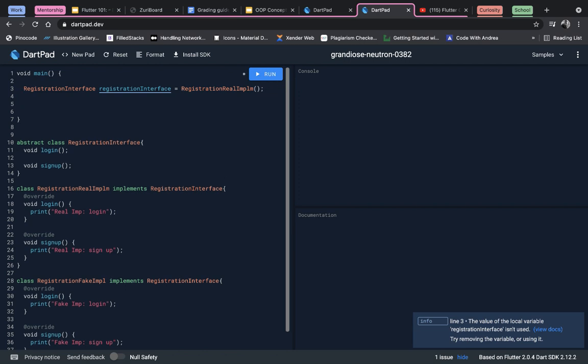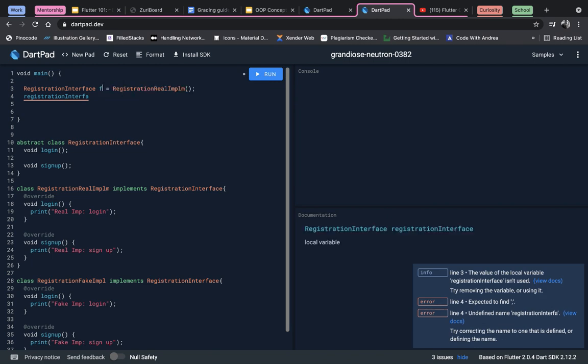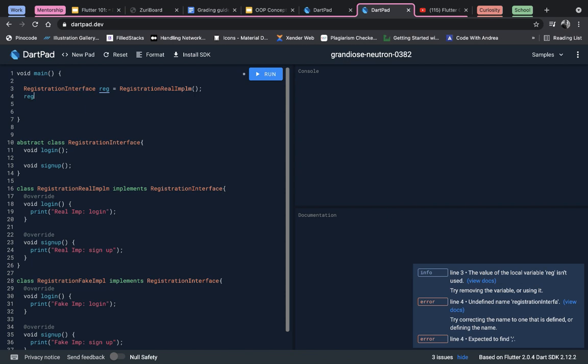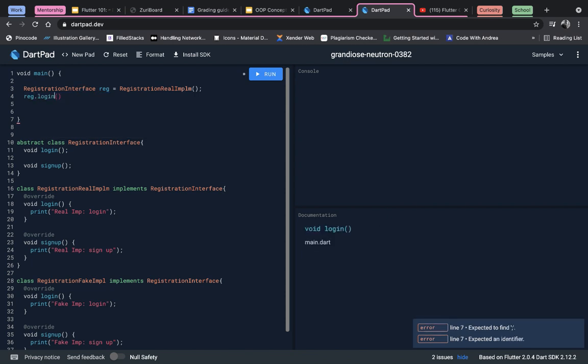If we write registration real implementation, we'll come and say registration interface, or let's just call this registration, or just call it reg. Then we can say dot login. Now you will see, because this reg is making use of the real implementation, if we run it, you will see that reg is going to print real implementation login,